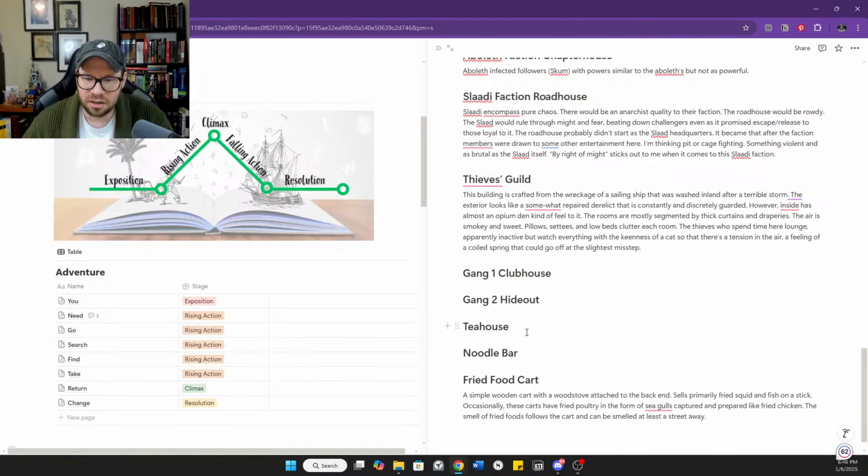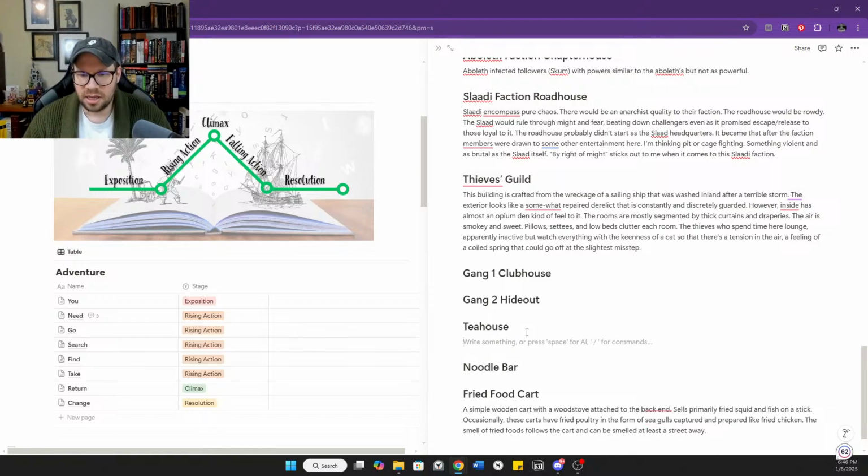Let's see here. Let's knock out our tea house, and then maybe we'll wrap up for the day. I'm imagining low-ceilinged little places, just a very small kitchen.